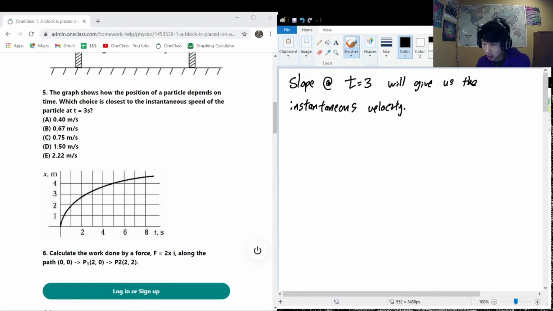Okay, so looking at the slope, it's not quite easy for me to put a ruler on the screen, but if you were to put a ruler on the screen at time equals 3, you would see that it definitely looks less steep than 1. Like 1 would be if you draw a line from x equals y, that straight line is more steep than this. So by observation,